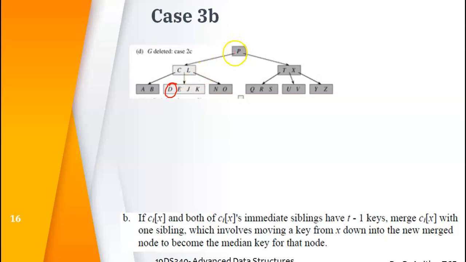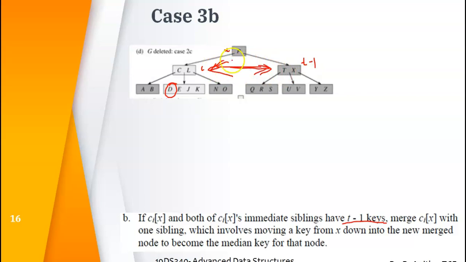I'm searching for D, and so this is X now. This is the child of X. Now I find my way to D is here. So I am looking at the number of keys in my child. If I have only t minus 1 keys, see, it is having only t minus 1 keys, I am checking with its sibling. This is one sibling. If this also has t minus 1 keys, then I am going to combine both of them.